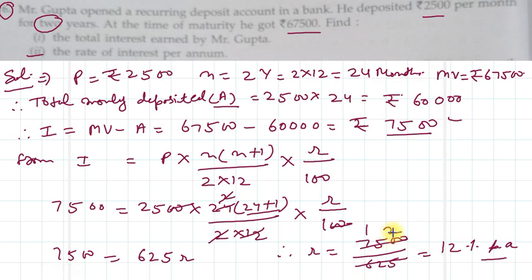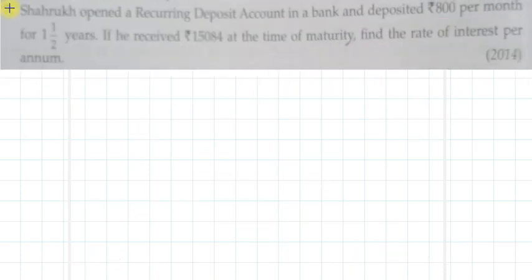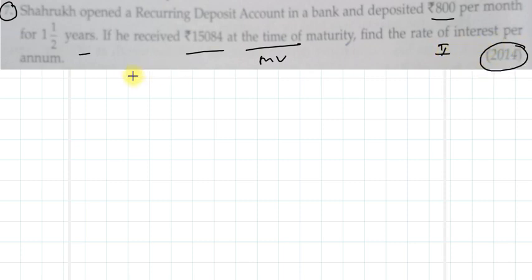So this was question number 6. Let us move on to question number next. Question number next is Shahrukh opened a RD account in a bank and deposited rupees 800 per month for 1.5 years. If he received rupees 15084 at the time of maturity, this is the maturity value. Find the rate of interest. We have to find our rate of interest. This question has come in the year